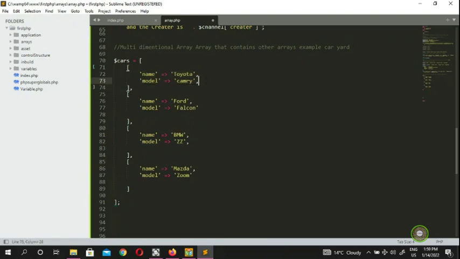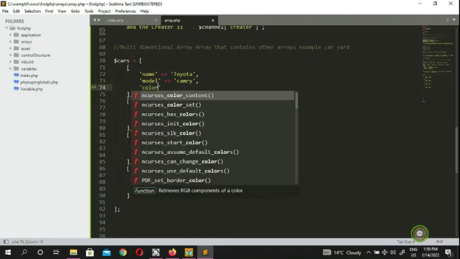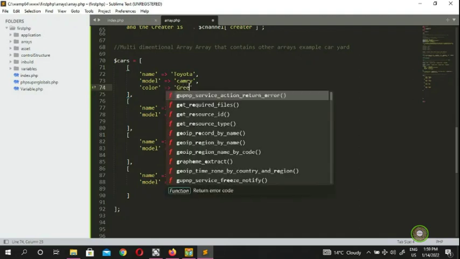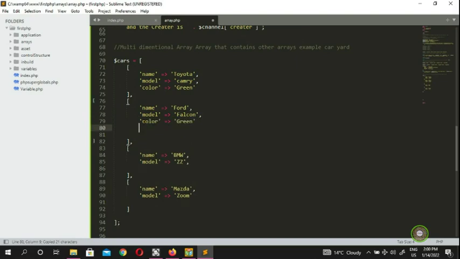So you guys can put as many keys and elements as possible. You guys can put a model, you guys can put a number of doors. So for this one, Toyota, you guys can put a number of cylinders. You guys can put a steering wheel. Say you guys can put a color. Say for example the color is gonna be green, and here you guys can put colors, say light green, dark green, for example,